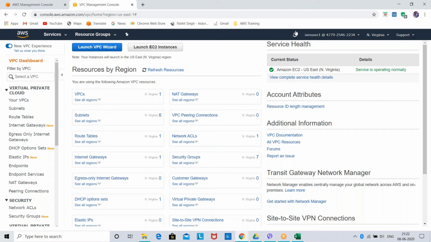Do not do any configuration on your root account, because if you do any configuration on your root account and you're new to that thing, you won't be able to go back to stage one and recover all the things. So I prefer you create an IAM user and do all the work you want to do in your AWS on the IAM user. Give administrative access to the IAM user. You will be able to do each and everything. This is basically what I want you to do.